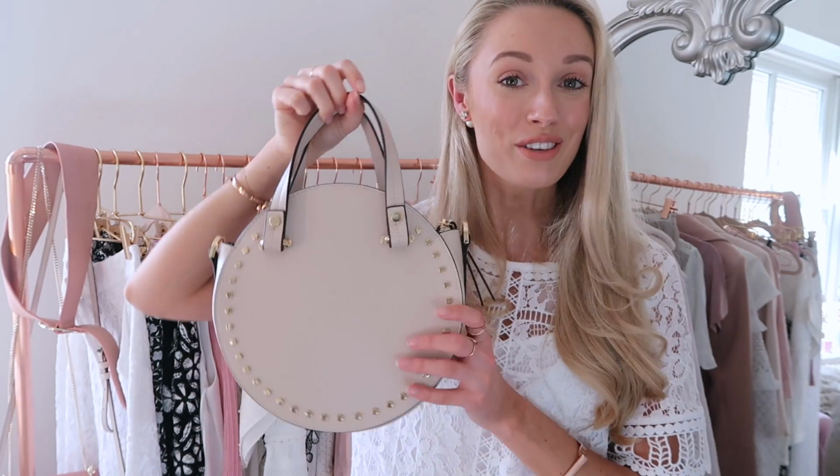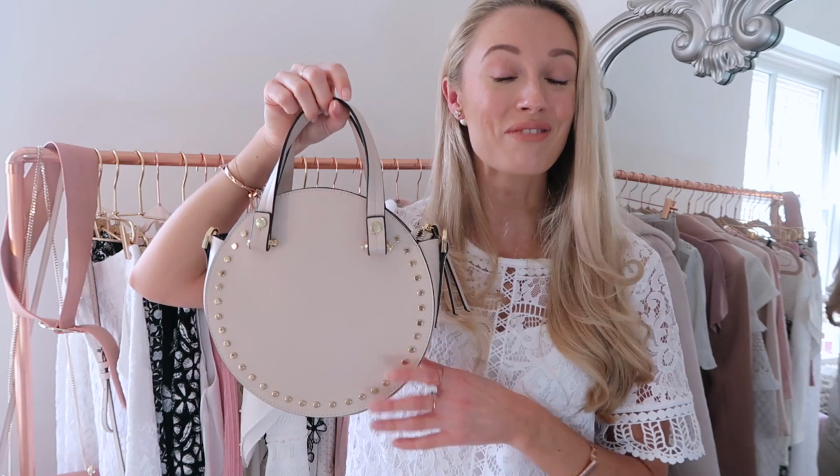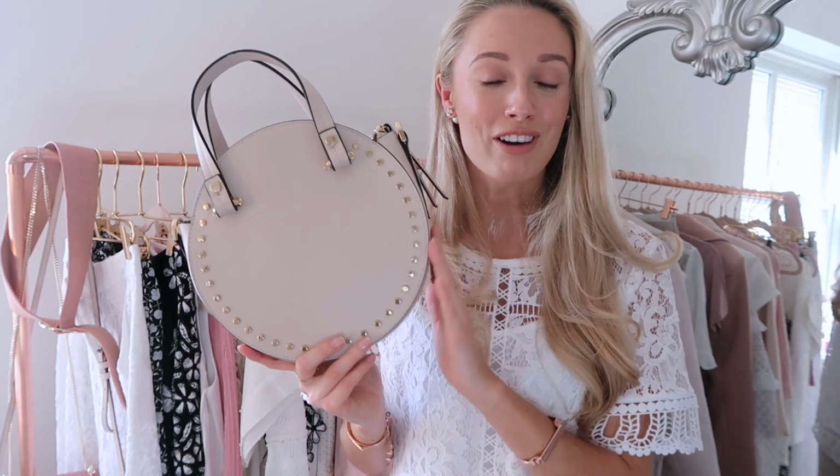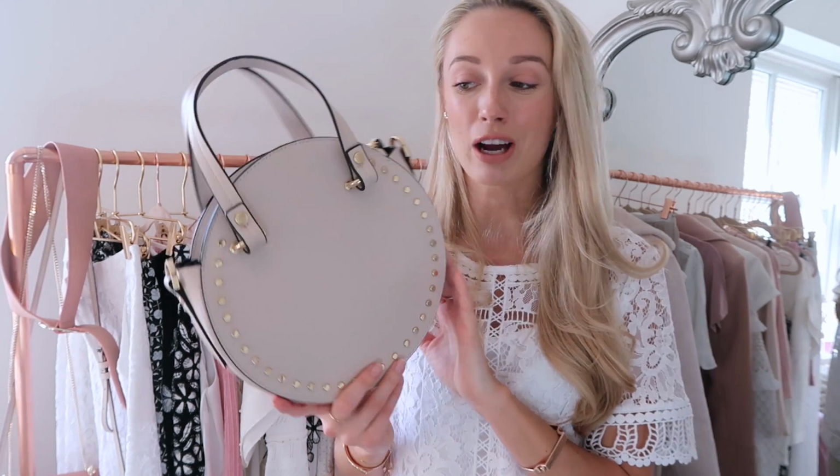Now I did actually mention this one in my last Topshop haul, but I've shown it on Instagram a few times and so many people have been like, oh my god, where's your bag from? So I thought I would mention it again. This is a round bag from Topshop. It's got the gorgeous studs on the outside, very much has kind of Chloe Pixie bag vibes about it, but